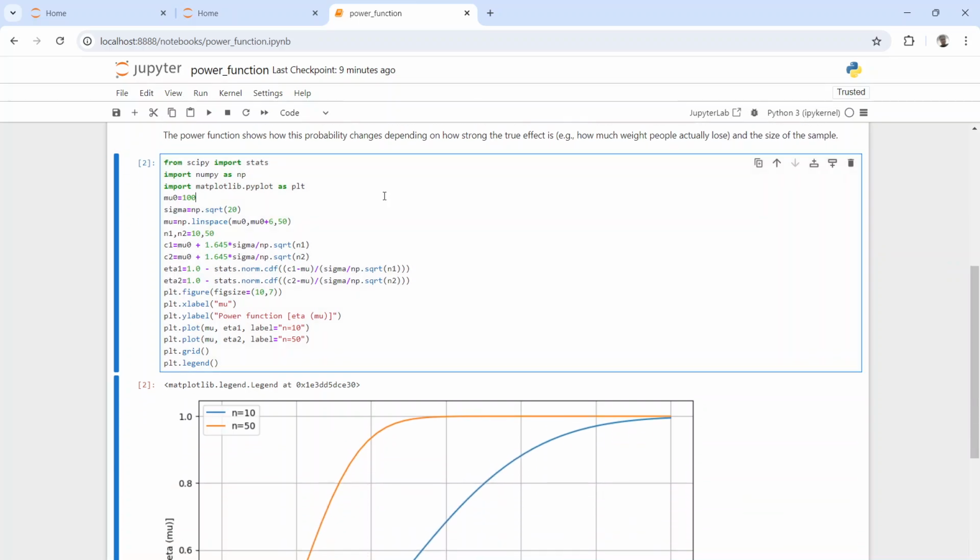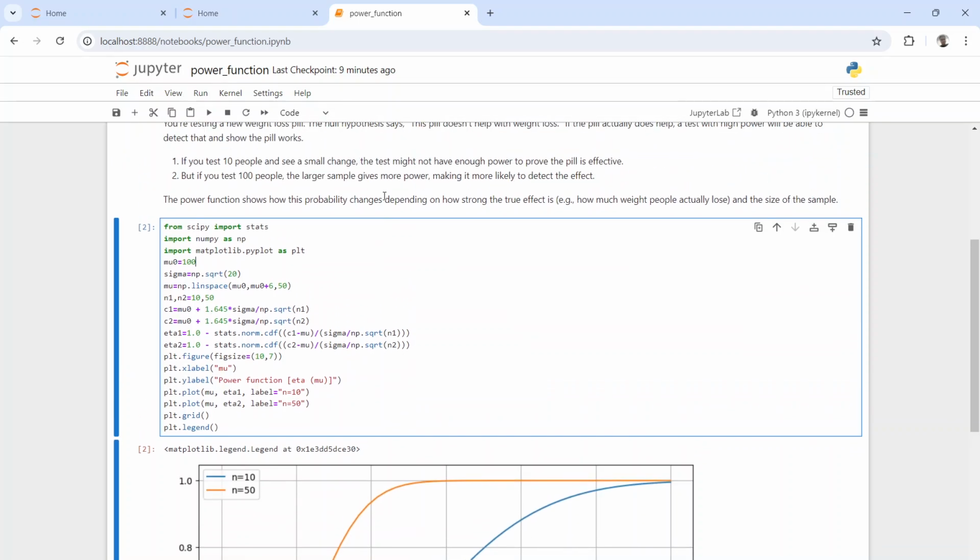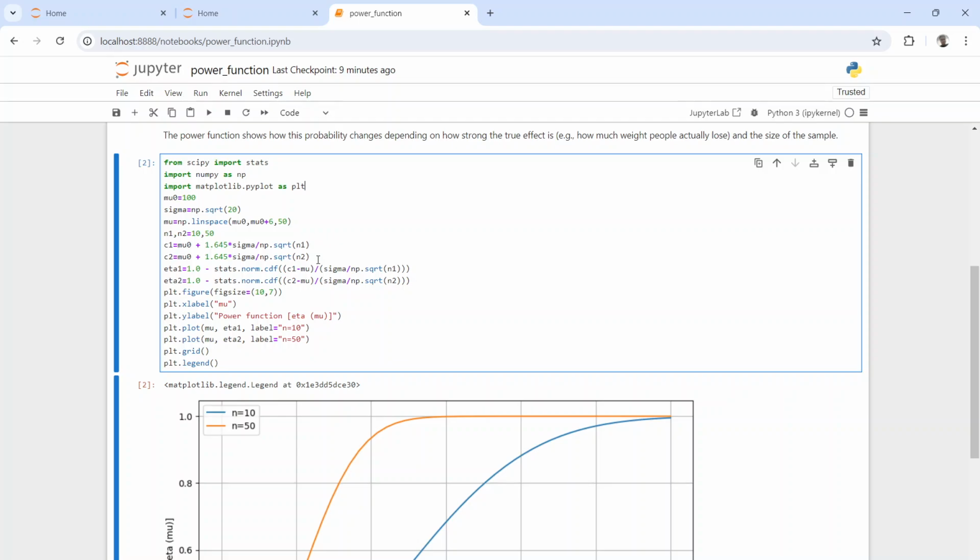Now let's look at the code regarding the effect of power function. So the first line is used to perform statistical calculation. Here we import the NumPy library, and then this is for creating plots and visualization. Next,